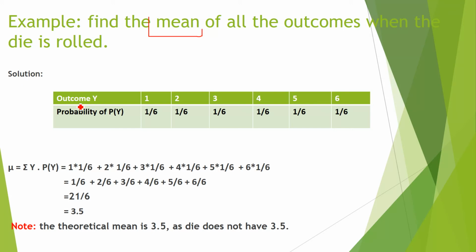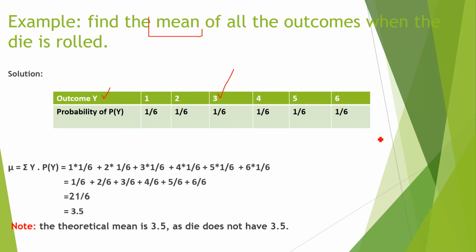Okay, so here is the data and you have to find out the mean. Suppose here instead of x, I have mentioned y, because you should know that we can use any variable: x, y, z, a, b, c. So the outcomes in the case of a die are 1, 2, 3, 4, 5, 6, and each has the same probability. What is the probability that 3 will come? So 1 divided by 6. Why 6? Because we have a total of 6 observations, and 1 because there is only one 3.